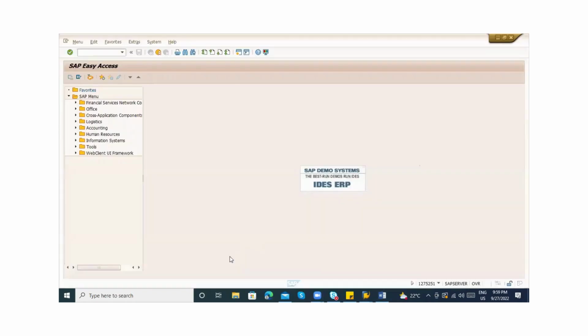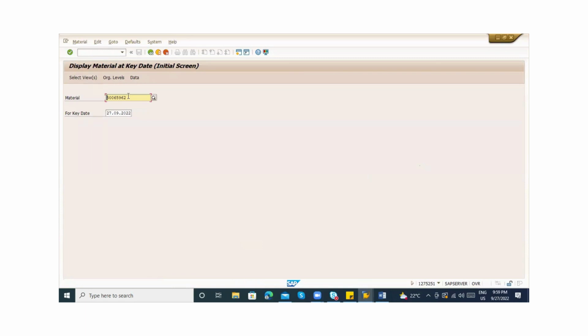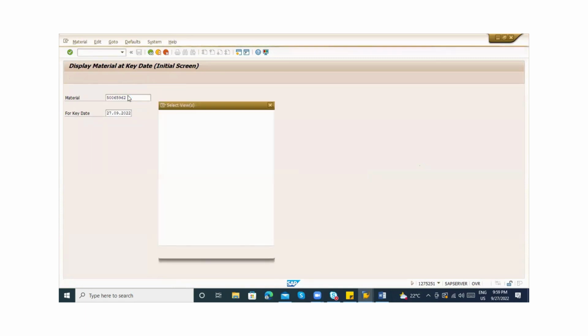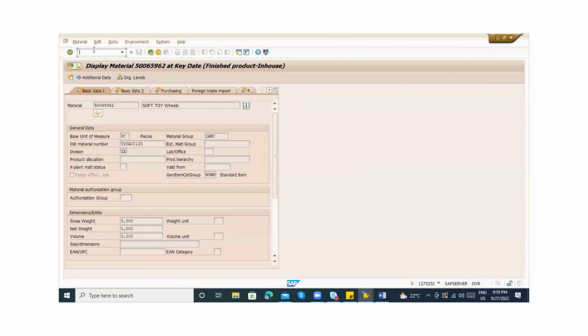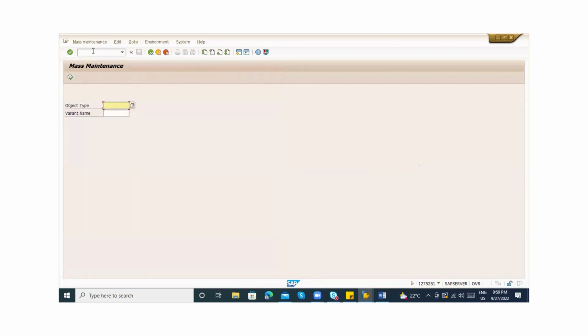Okay. Now MM19. MM19 is a mass. Okay. This is the display material key date. This is not this one. This is just for information. There is a mass transaction code. What you can do